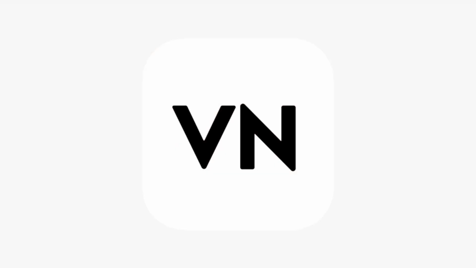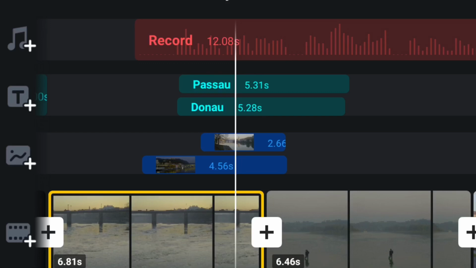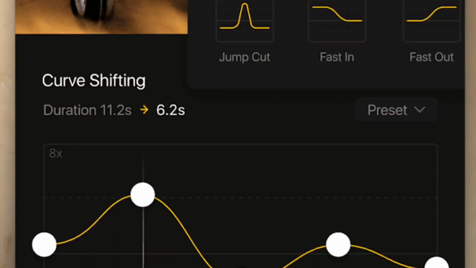Next up is VN Editor. Now if you're looking for a free mobile editor which looks like a mini Premiere Pro, let me introduce you to VN Editor, one of the best pro-level editing apps you can get on your phone. Unlike CapCut and InShot, VN gives you timeline-based editing, which means you can stack multiple audio and video layers, just like you would do on a computer. It also has keyframe animation, speed control, advanced text editing, and LUT support for color grading, which is crazy